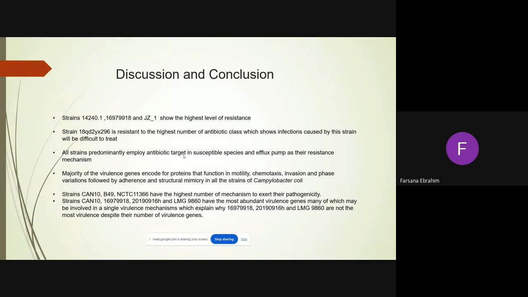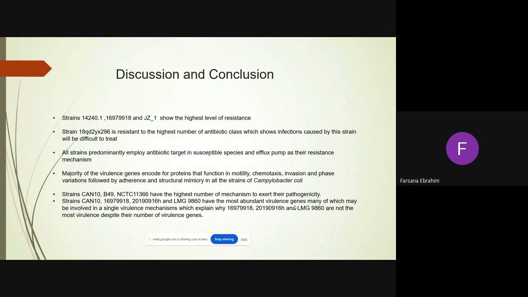Majority of the virulence genes encode for proteins that function in motility, chemotaxis, invasion, and phase variation. Strain Canton B4 NCTC 11366 has the highest number of mechanisms to exert its pathogenicity, and also strain Canton 69791820190916H and LMG 9860 strain have the most abundant virulence genes, many of which may be involved in a single